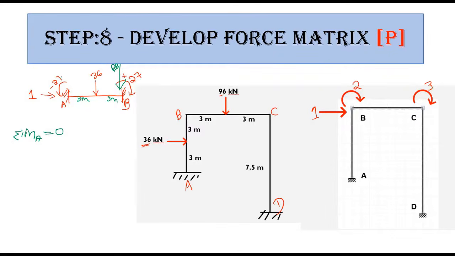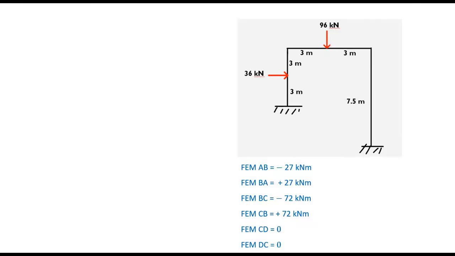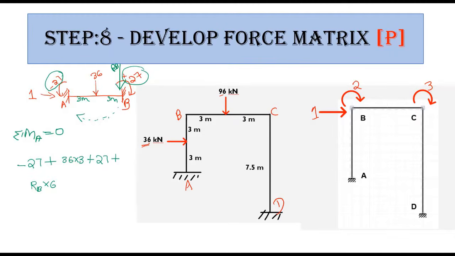At A we have minus 27, plus 36 into 3, plus another 27, and then RB times 6, which is also a clockwise moment. Therefore I have taken it as positive. Only minus 27 is negative. So minus 27 plus 36 into 3 plus 27 plus RB into 6